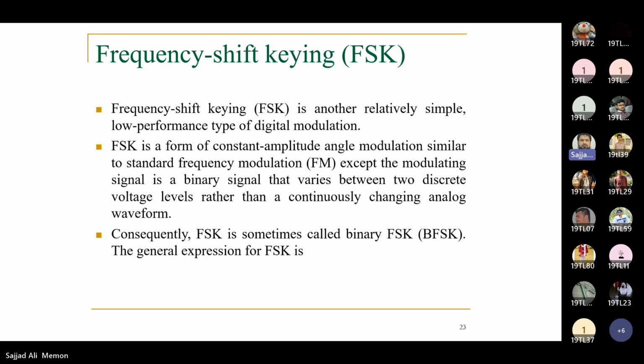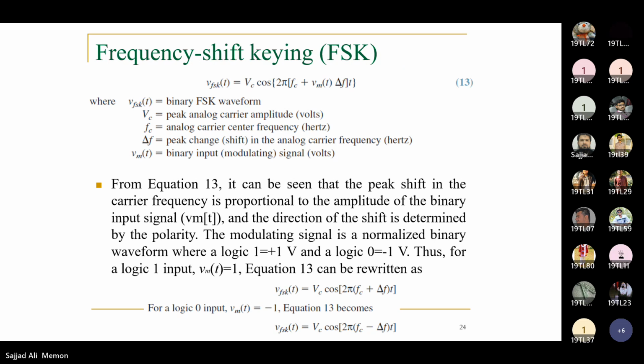It is a form of constant amplitude angle modulation similar to standard frequency modulation, except the modulating signal is a binary signal that varies between two discrete voltage levels rather than a continuously changing analog waveform. Consequently, FSK is sometimes called binary FSK, and the general expression for FSK is